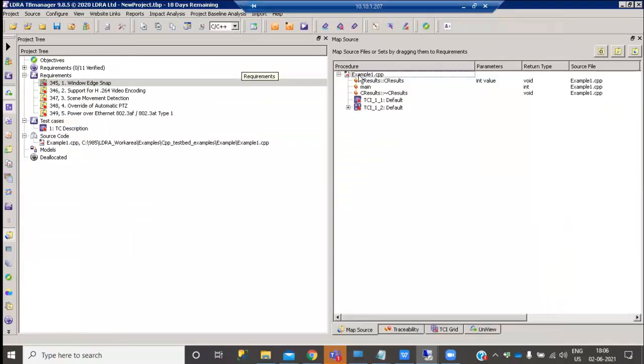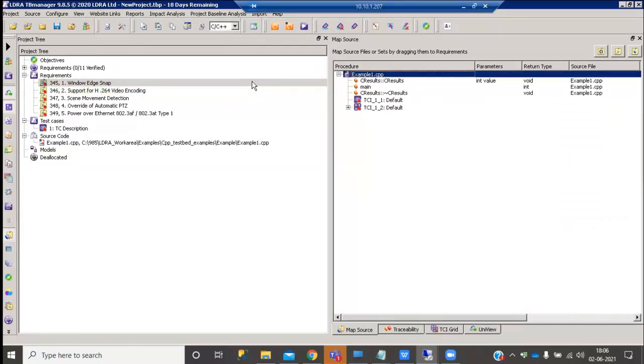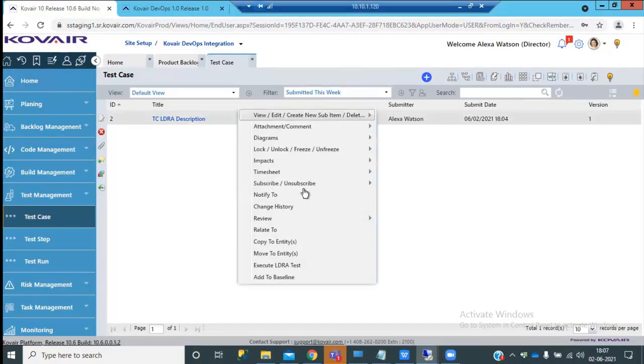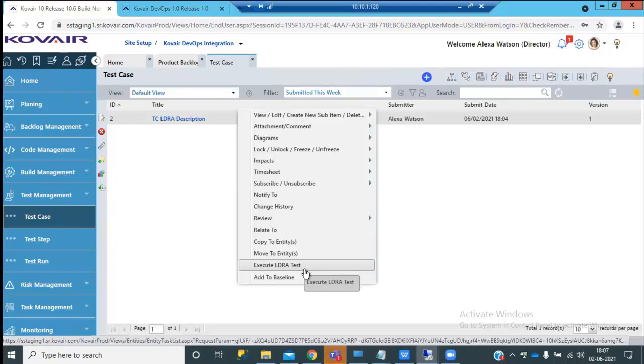After exporting the test case to Kovair, let me now map a source file to the same requirement in LDRA. Now let me go to Kovair. As you can see, the test case has been successfully imported to Kovair. This way, once LDRA test cases get synchronized with Kovair, users can execute the test cases from Kovair itself without